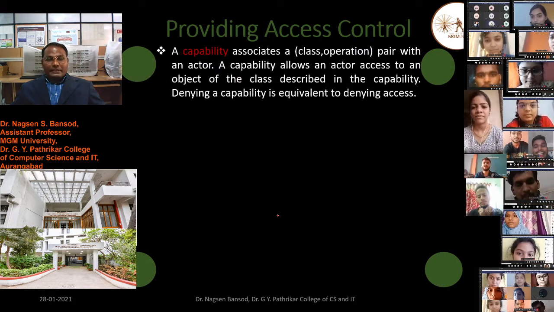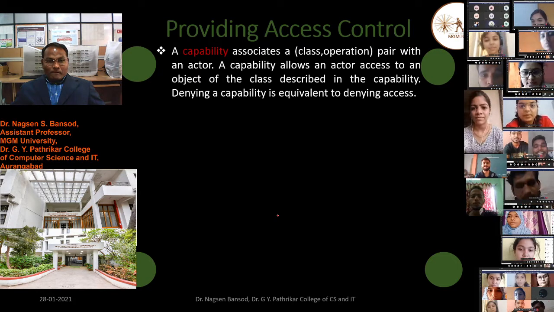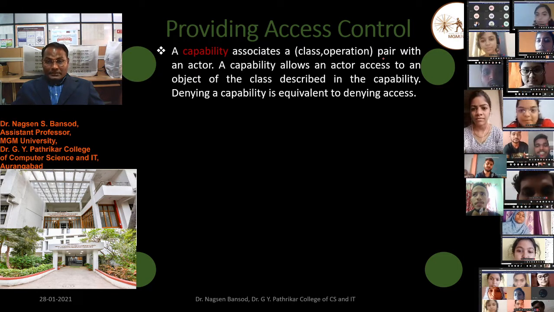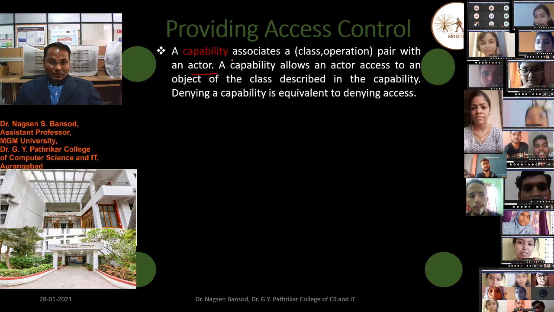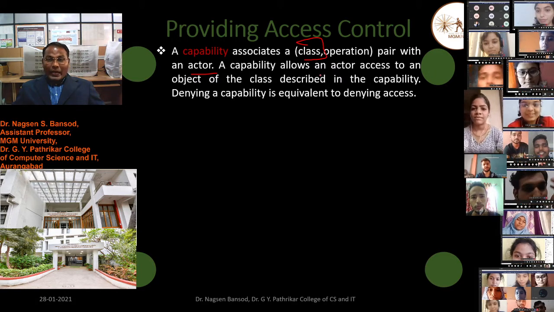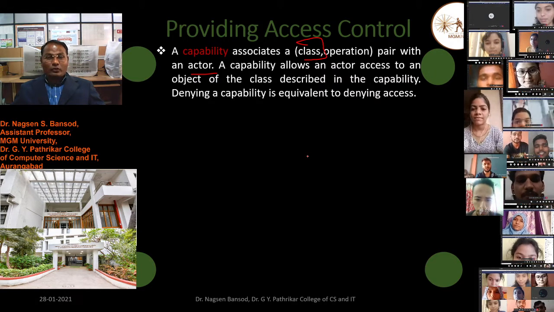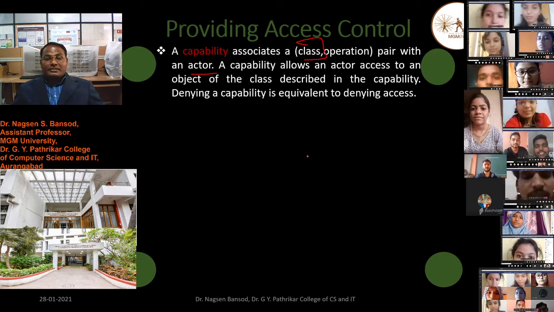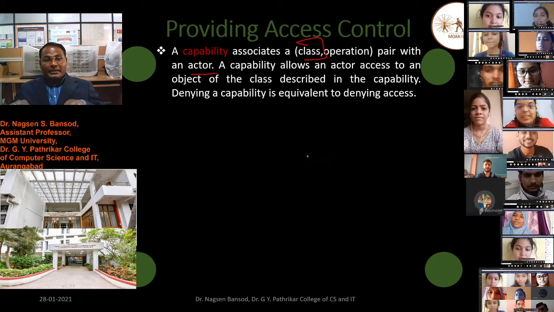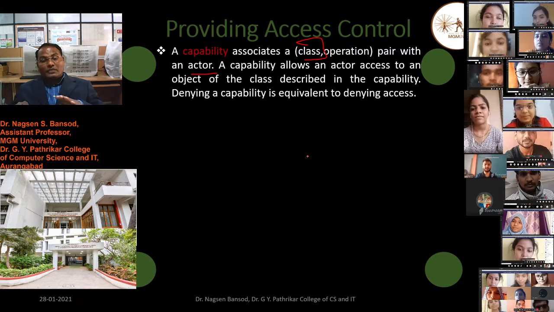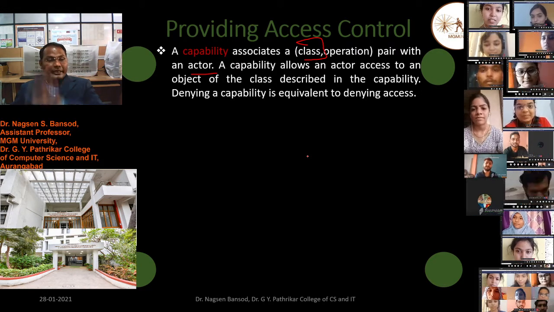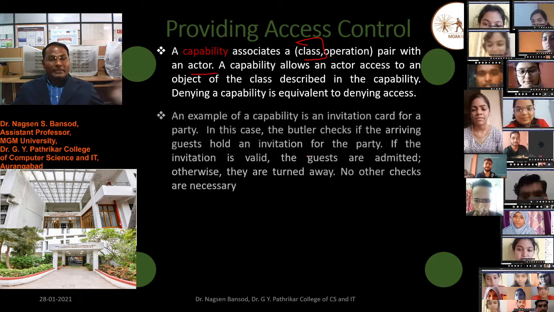A capability associates a class operations pair with an actor. A capability allows an actor access to an object of the classes described in the capability, and denying a capability is equivalent to denying access. If it is not in the database, then the capability will be denied.